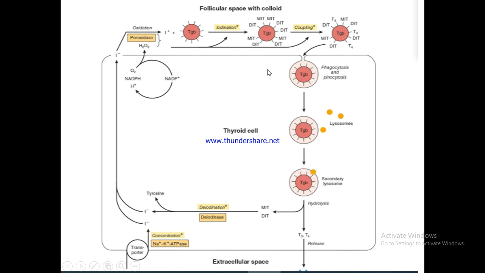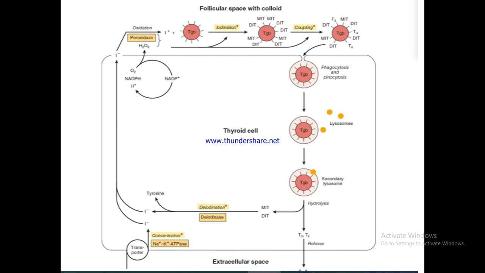Molecule. So after the process of iodination, these tyrosine molecules can carry one iodine or two iodine at a time. So these are known as monoiodotyrosine or diiodotyrosine molecules. So these diiodotyrosine and monoiodotyrosine molecules